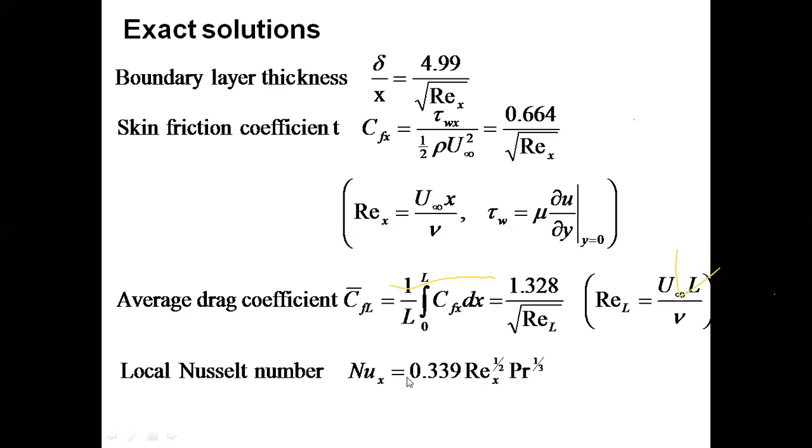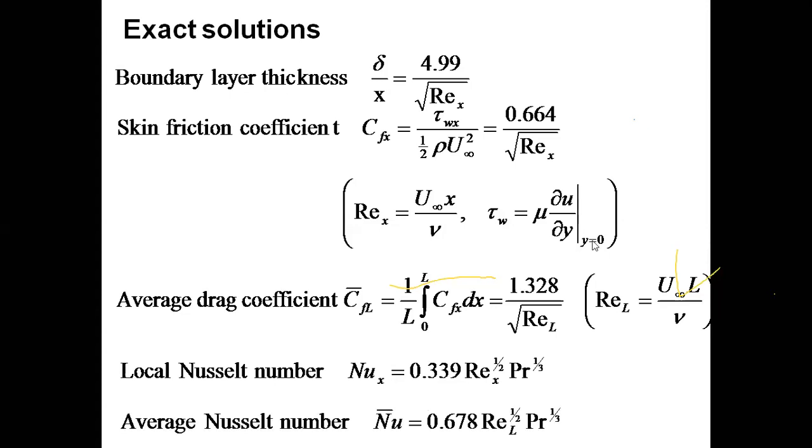If you see here, this local Nusselt number varies from the leading edge to trailing edge. We have seen in a previous sketch that heat transfer coefficient is very high at the leading edge and goes on decreasing. The same relation is reflected in the Nusselt number, because Nusselt number is dependent on the h value. So this is a local Nusselt number. Similarly, you get the